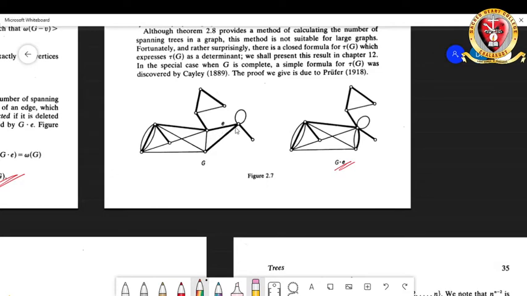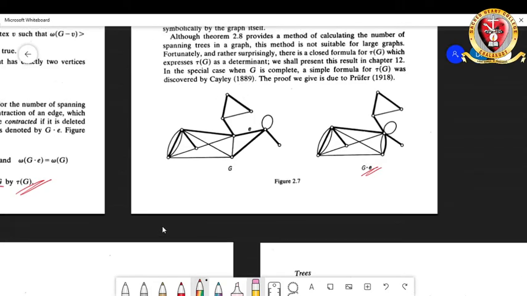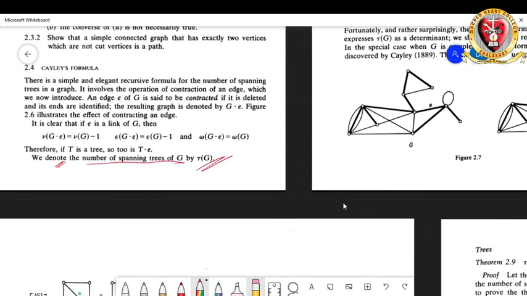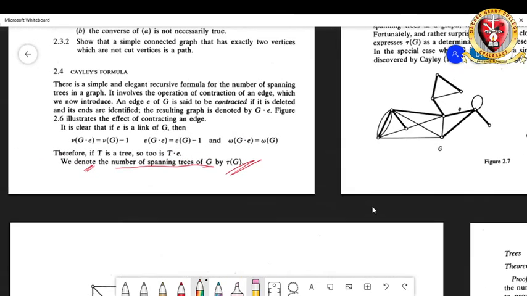So the edge E is being contracted. This edge is removed and these vertices are joined together, and finally what you get is G dot E, which is the resultant graph. So to use Theorem 2.8